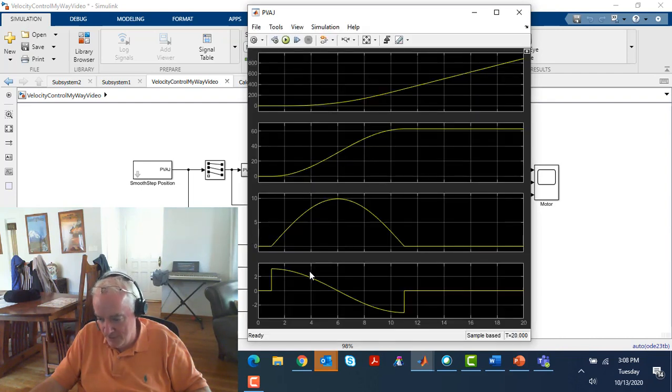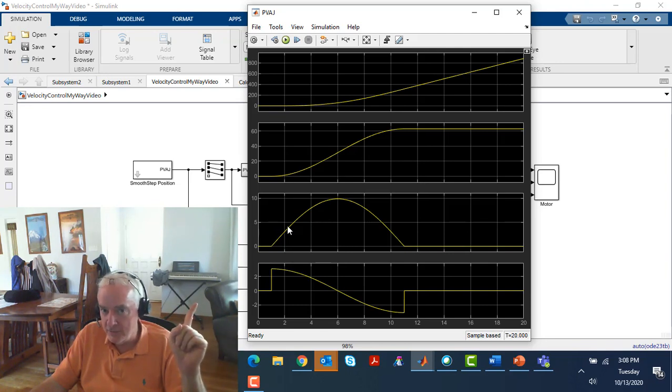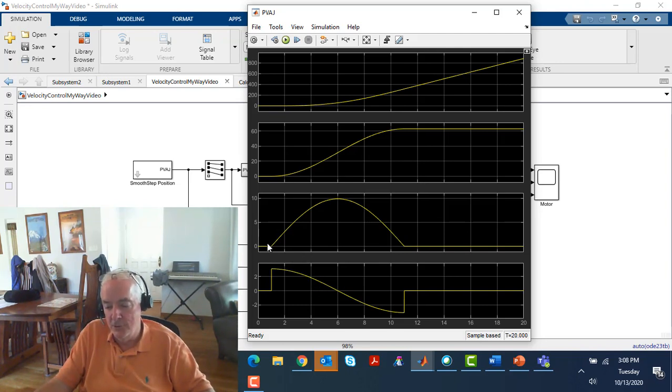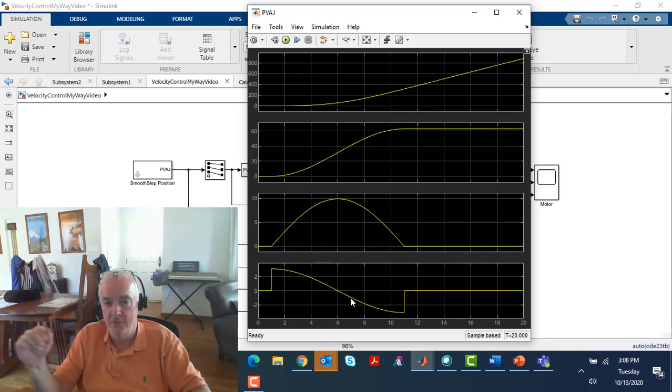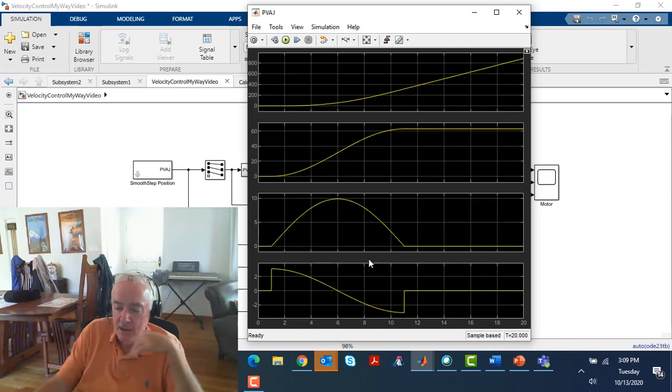I want you to look at these bottom 2 graphs, and don't those look familiar, right? And so again, it's just a confirmation that quadrature current is going to be proportional to that acceleration in this very special case where our inertia is constant, and that the first derivative of that's going to look like this, and we saw that di dt for quadrature current look just like that too. Again, they're scaled a little bit differently based on what the inertia is, as well as what the inductance and flux linkage and number of pole pairs are, right? So